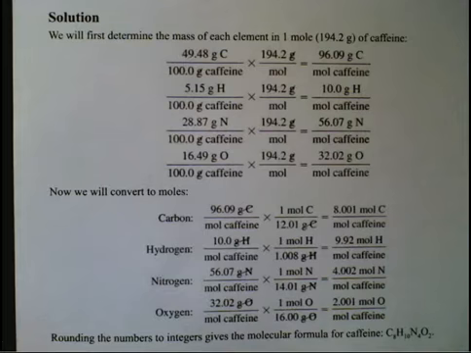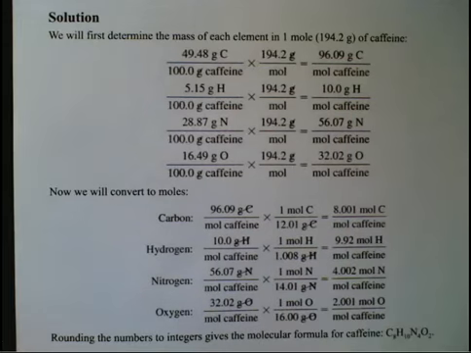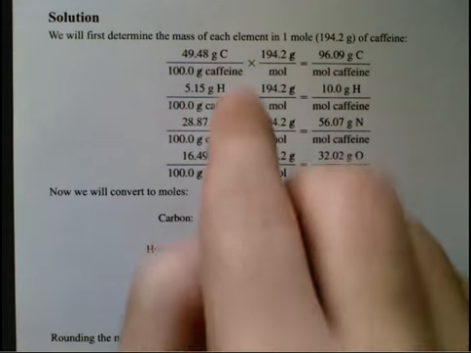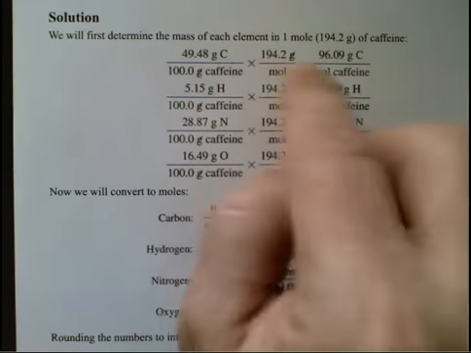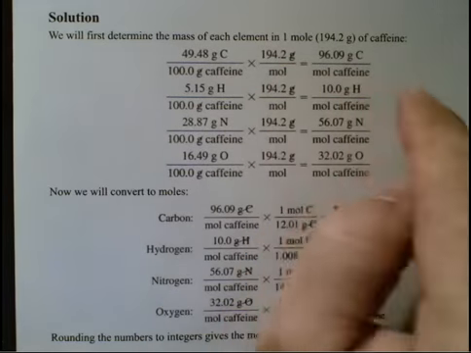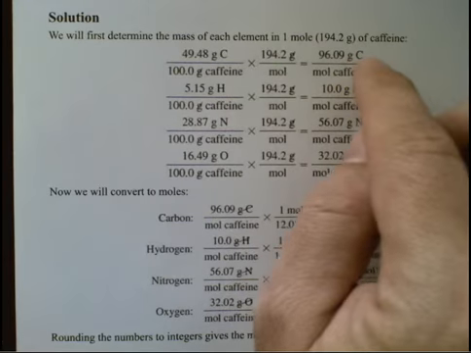We can combine conversion factors to make this a little bit more streamlined. So if we multiply by the molar mass of caffeine, we get the grams of carbon